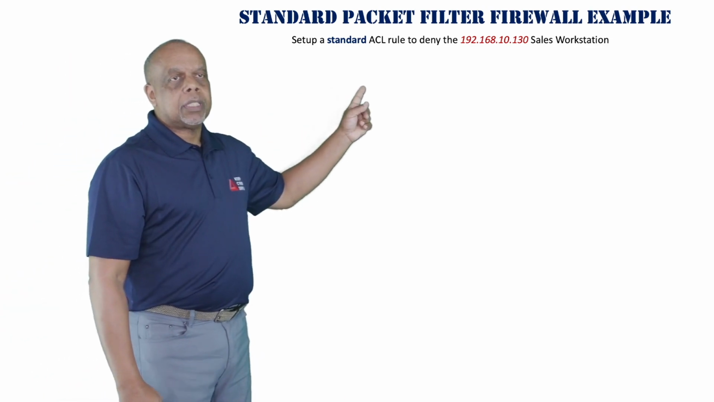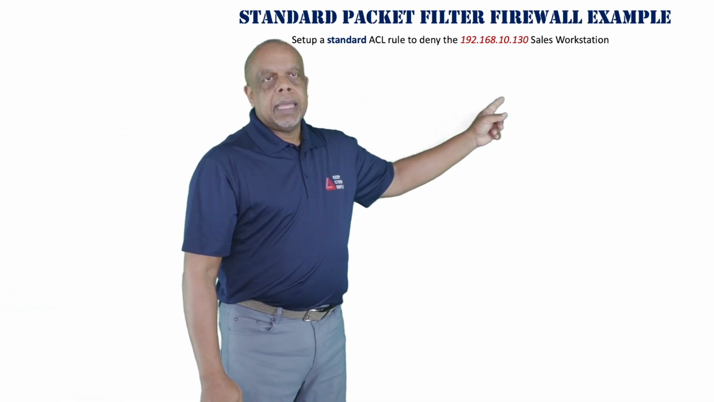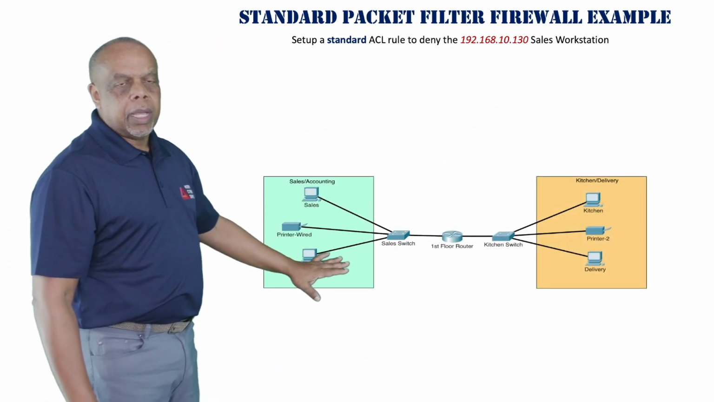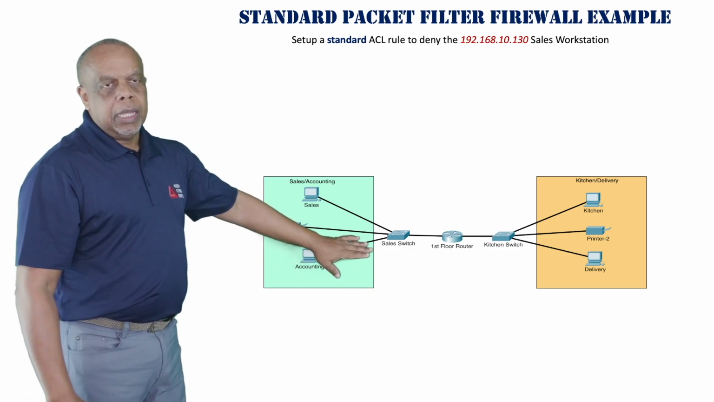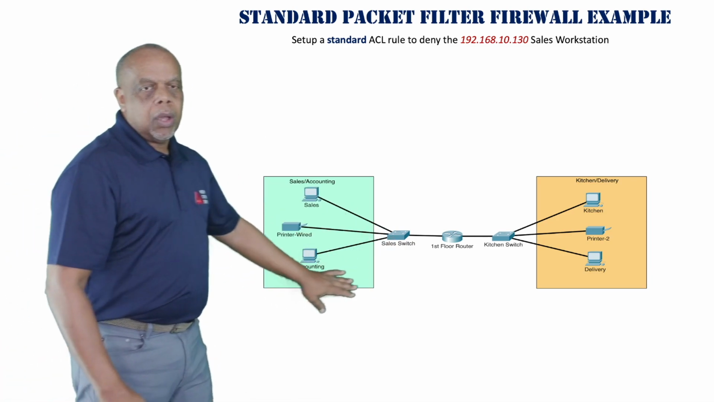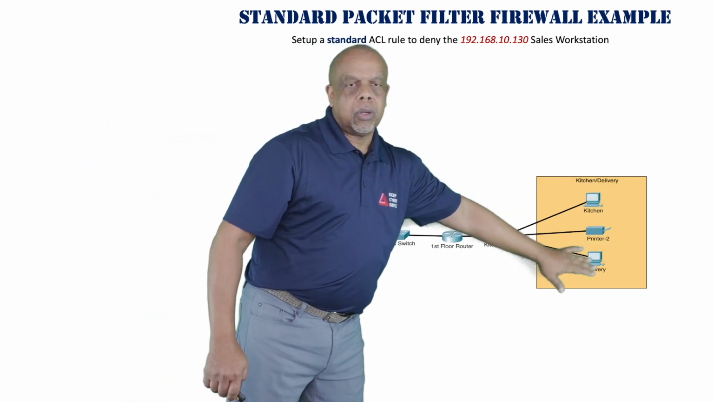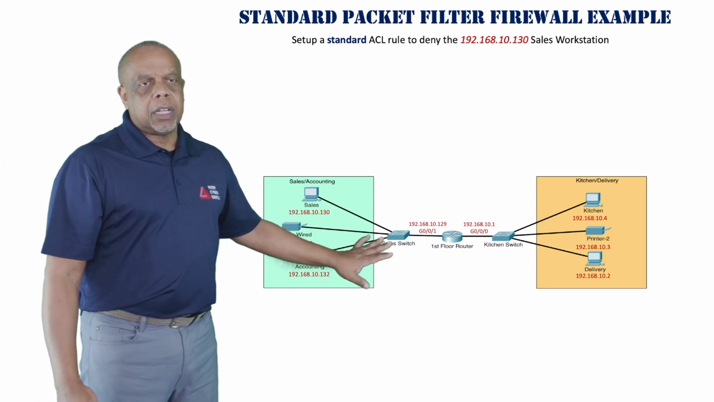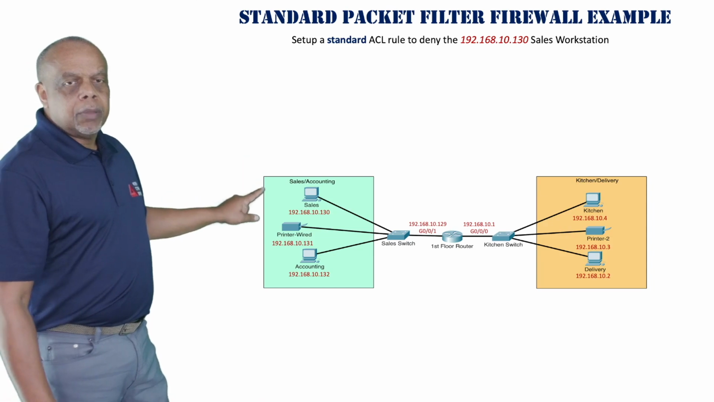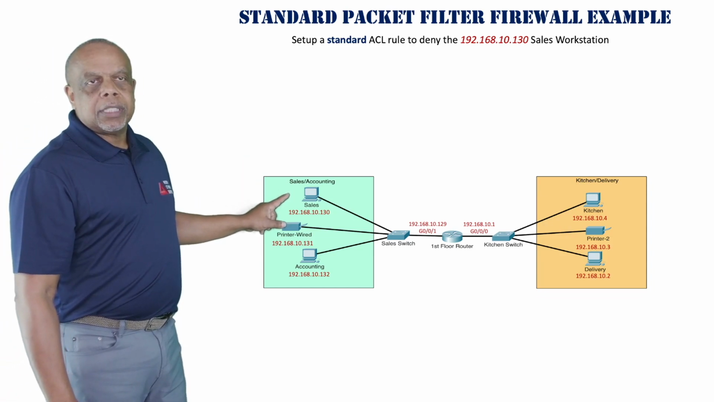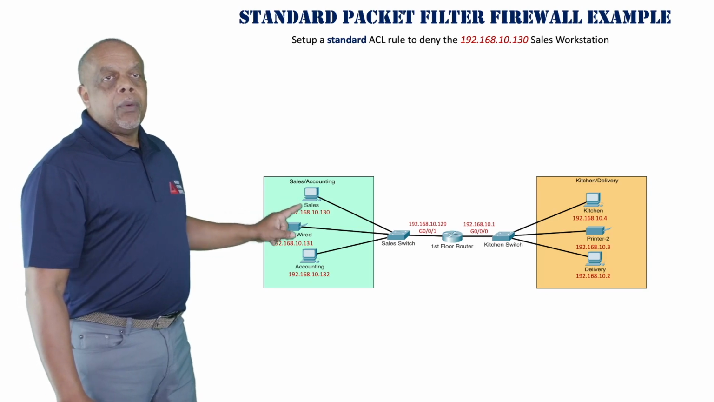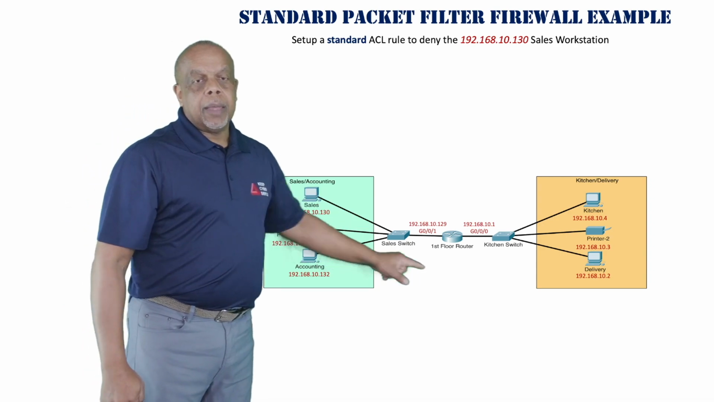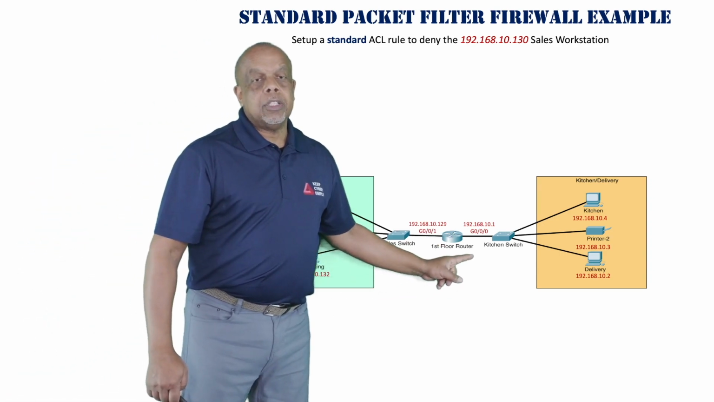So here's what we want to do. I want to set up a standard ACL rule to deny traffic to a certain computer. So that computer is here. Here's a pretty simple network, right? I've got a router, and I have two local area networks. One here, and another local area network on this side. Here are my IP addresses and the interfaces that I'm using on that router. So basically what I want to do is take this computer, this sales workstation, 192.168.10.130, and I want to set up a deny rule where this workstation will not be able to get traffic to go into